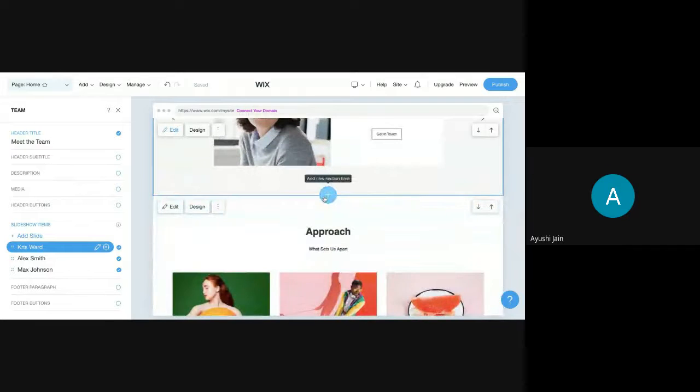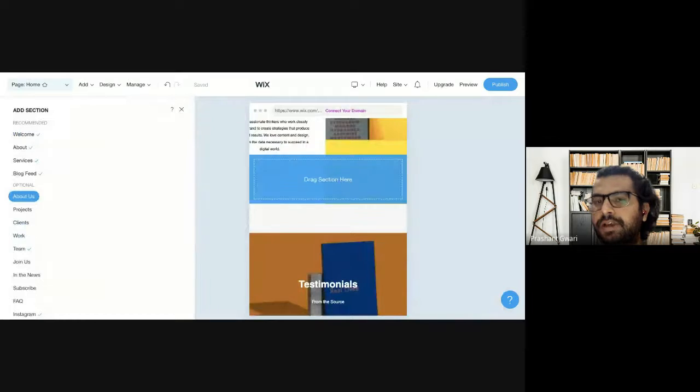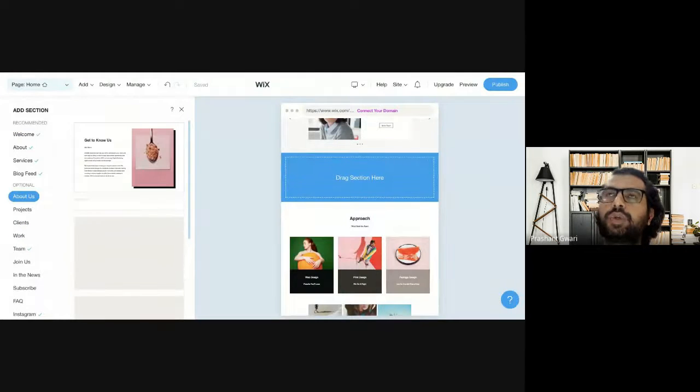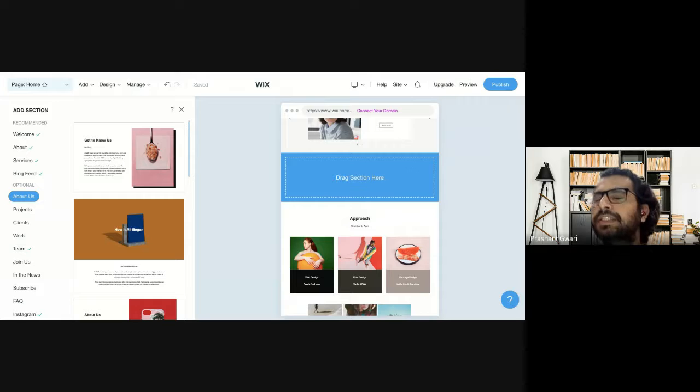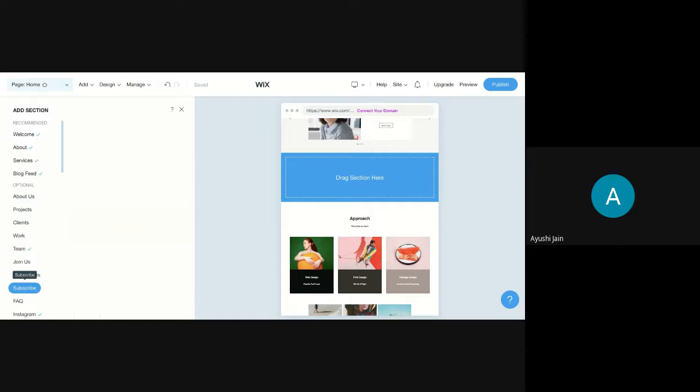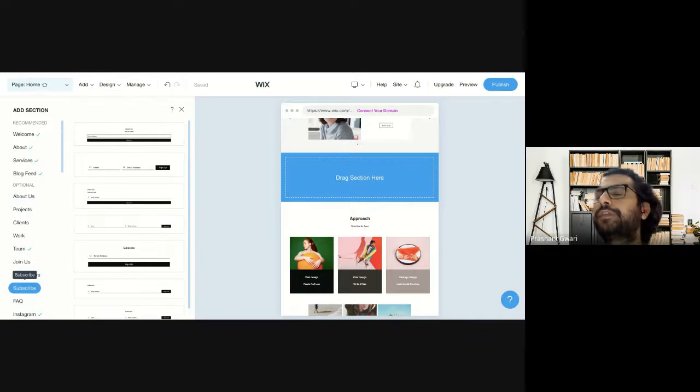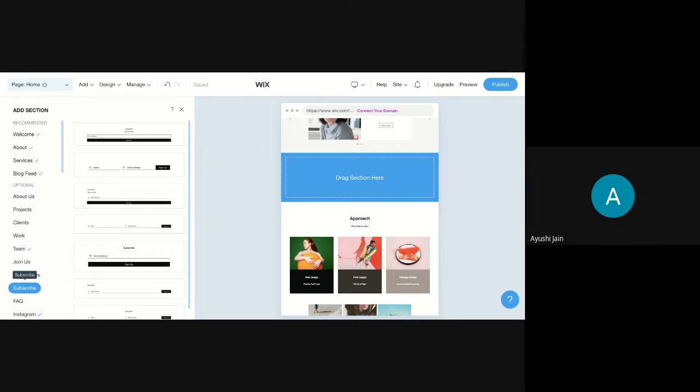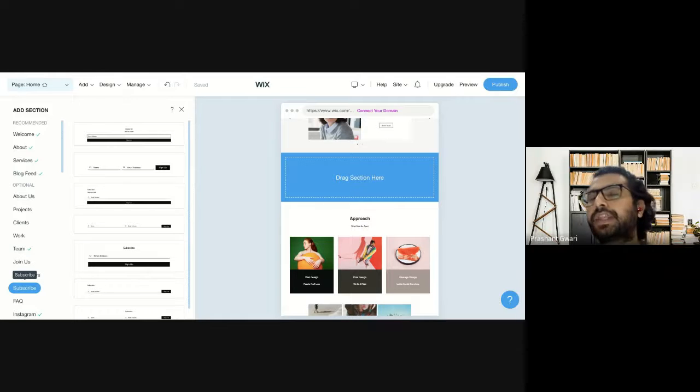Now, the most important section for any business, whether it's your business as an e-commerce or my business as a digital marketing agency, is subscribe. What is subscribe? So in digital marketing, there is a marketing which we call email marketing. In email marketing, we send millions of emails with just one click. And all those emails we send to our email list. We have an email list of millions of email IDs. And how did we get those email IDs? So there are two ways of getting email IDs.